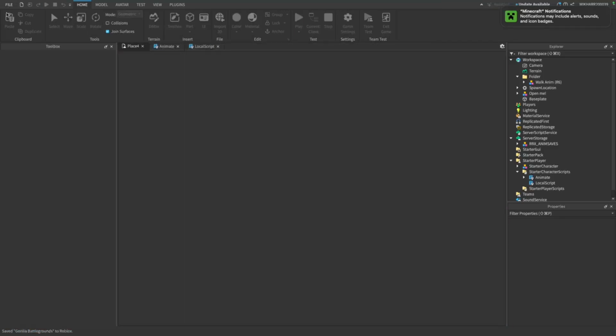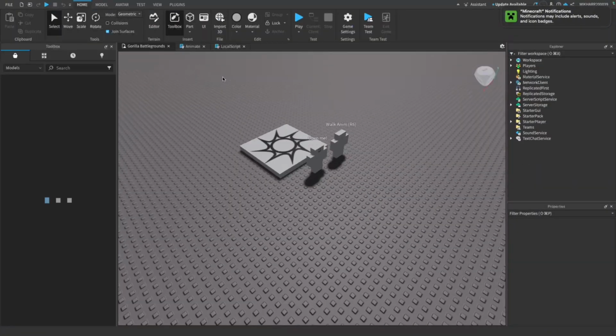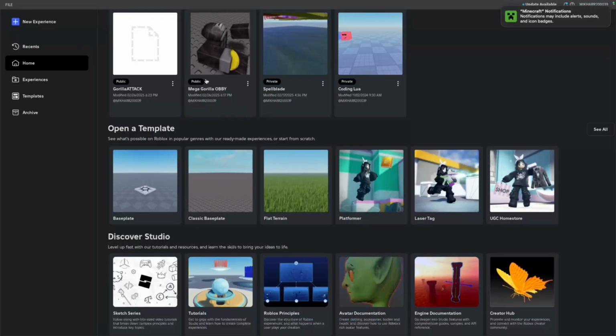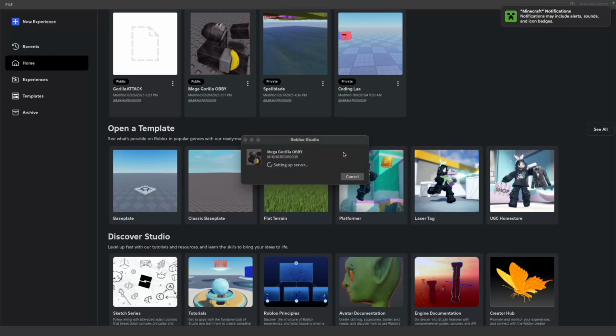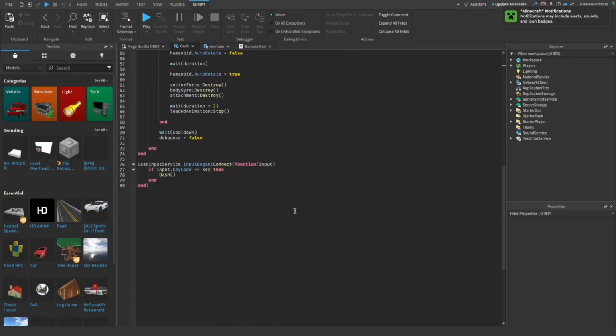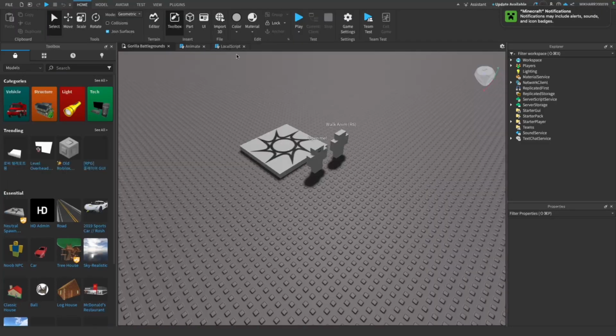Okay, now once we've saved this, it's loading, and we're gonna open my Mega Gorilla Obby. Actually, if you don't know, in my Mega Gorilla Obby there is a dash system where we can just copy and paste the code. It took me 2 days to make the code, and I don't want to do that again. So in the dash system, we just copy paste everything here. Now we go here, and in starter player script,